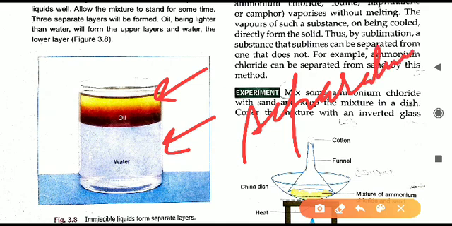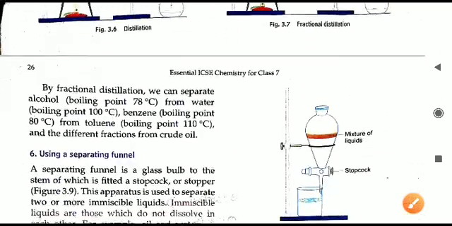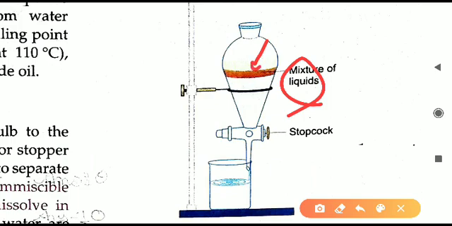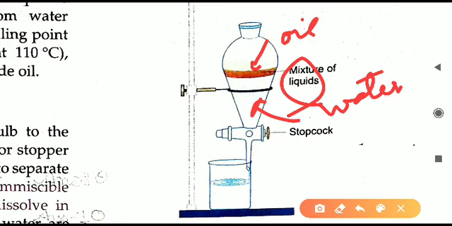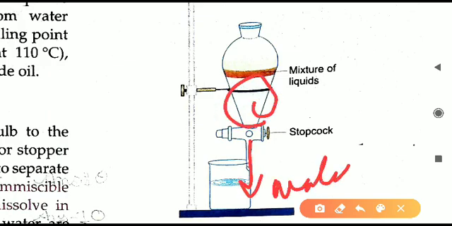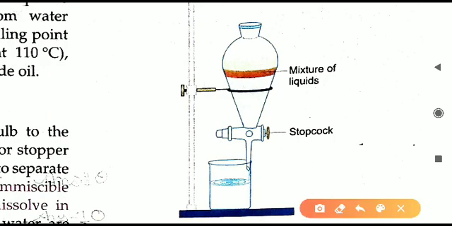And in the separating funnel, we will take both of these substances, and here you can see in this diagram, we have taken the mixture of the liquid. Above one layer of oil is there, and below what will be there? Water will be there. If we have to separate oil and water, we will turn on the stopcock. जैसे हम stopcock on करेंगे, what substance will come first of all? सबसे नीचे क्या है? In this water is there, so first of all water will come downwards. Afterward we will keep on observing. We are able to see it is transparent. This funnel is transparent, and when we see all the water has come outside and oil has come downwards now, then we can close this stopcock.